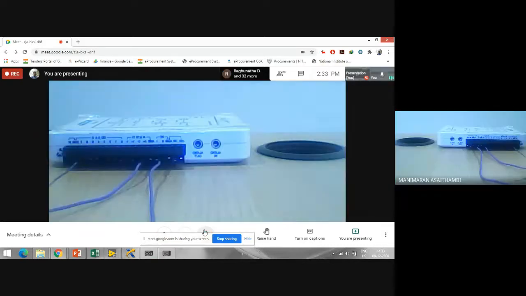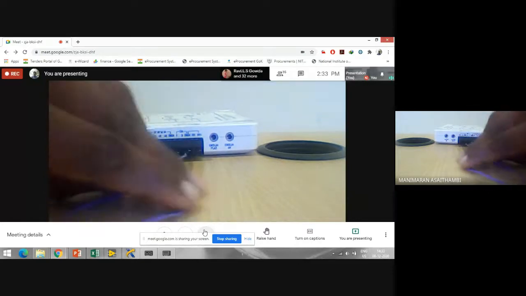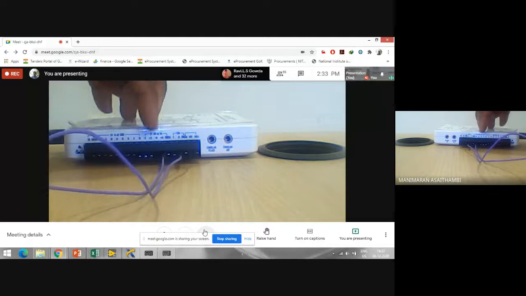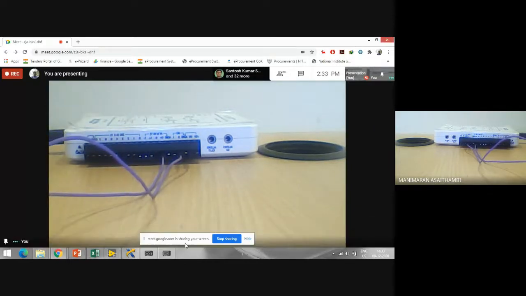Sorry. Now, if you see here, I have connected my DAC to one terminal. I have positive connected to positive, and negative I will be connecting.